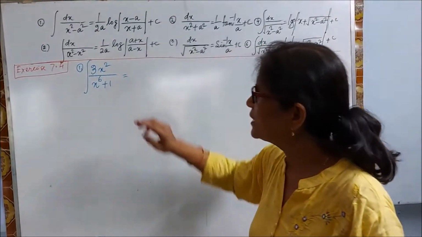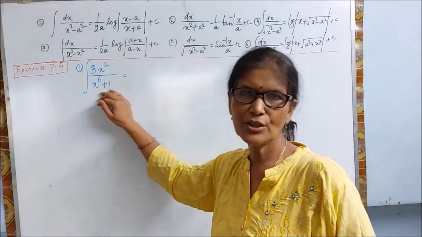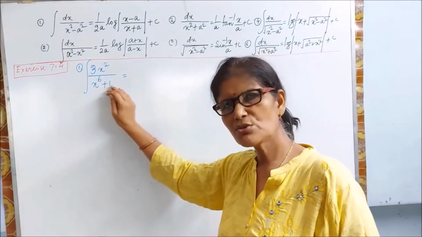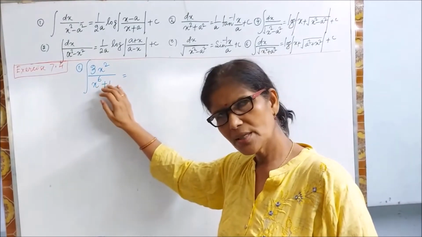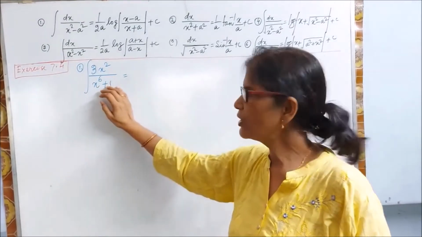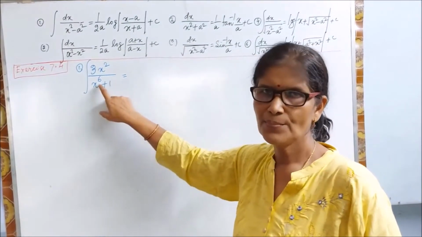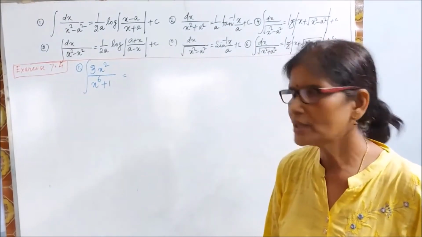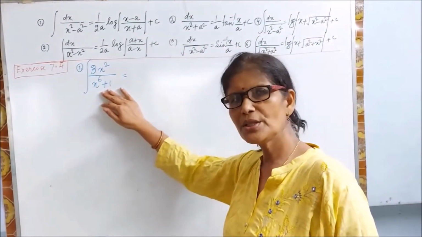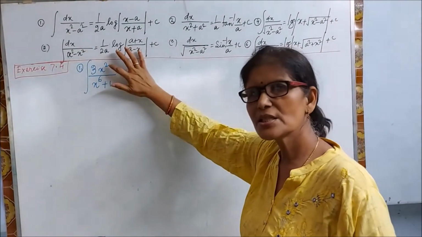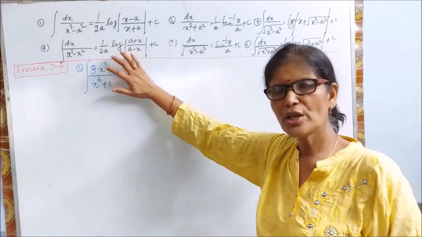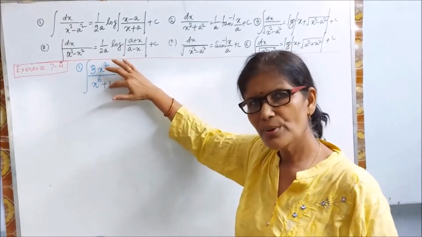Now what special? Special means here I will make the denominator x square plus a square, or x square minus a square, or 1 minus x square, whatever. So we will see that x to the power 6 is, whose square is this? It is x cube square. Or you can think of it in this way, whose derivative is this? This is x cube derivative. So x cube function should be here.